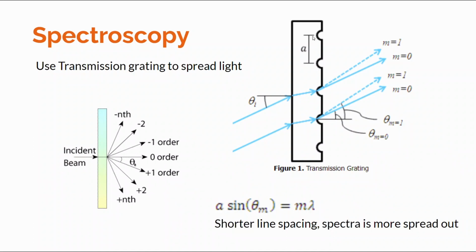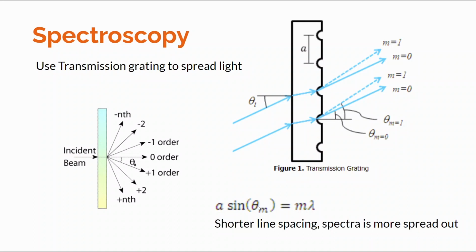This is how a typical transmission grating is made. There are features that are evenly spaced, so that when we shine a light on it, it diffracts, and the angles depend on the wavelength. The key from this formula is that a is the distance. So if I have the same wavelength and the same order, and I double my spacing,